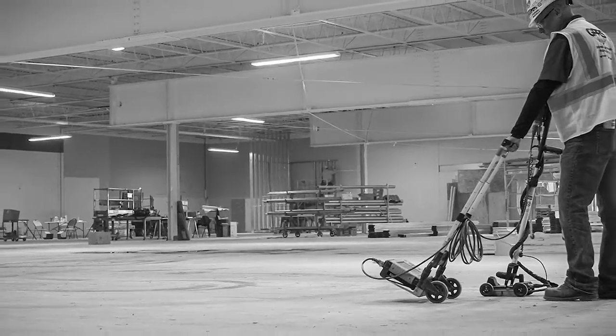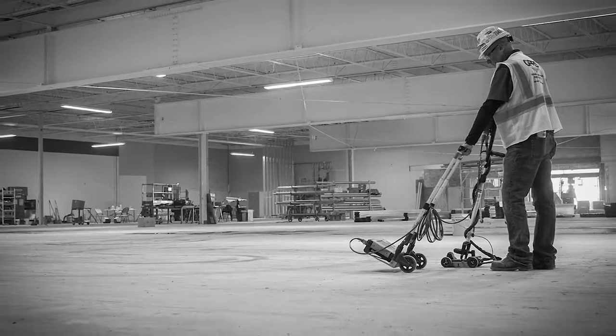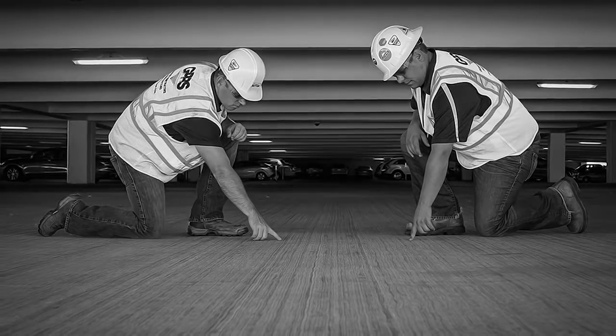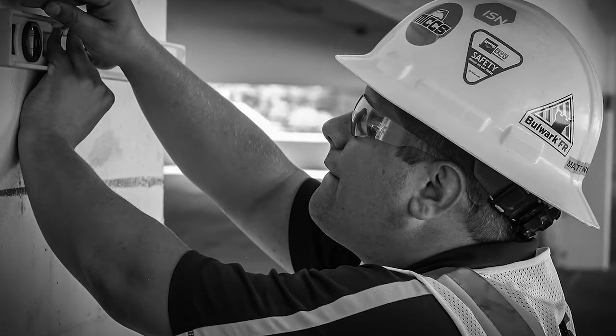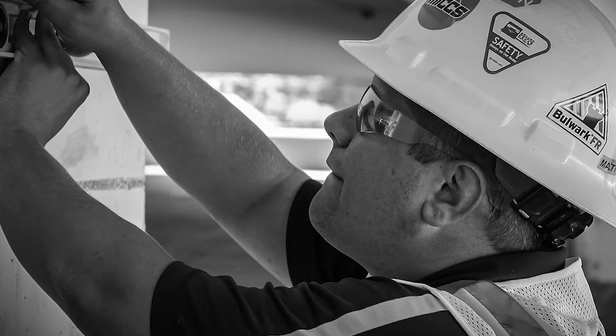Our concrete scanning process begins with identifying the metrics for each concrete application. Are you anchoring, cutting, or coring? What will your anchor embedment be? How large is the proposed core diameter? Simple questions like these help GPRS technicians provide clear and easy to interpret markings in the field before any penetration